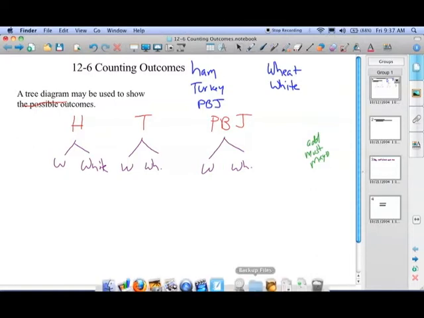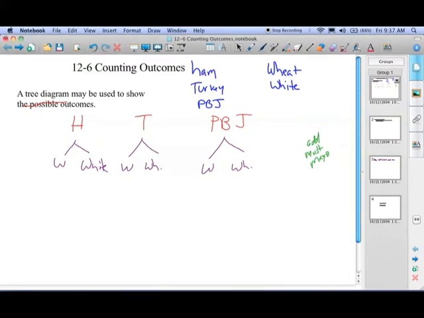Now, we're going to add a little bit to this. This time we're going to add possible condiments. You can have mustard or mayonnaise on your sandwich. So we can take the wheat bread stem from the tree and add mustard and mayo. And we can do that for that one as well. And we continue